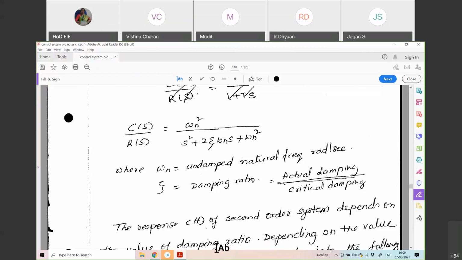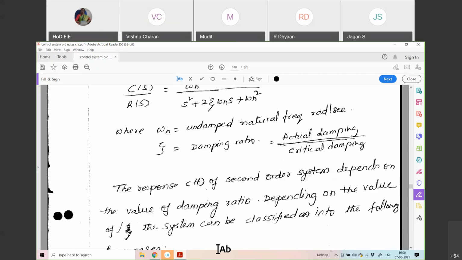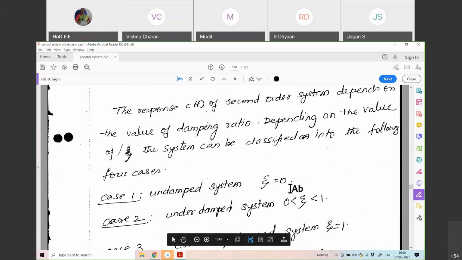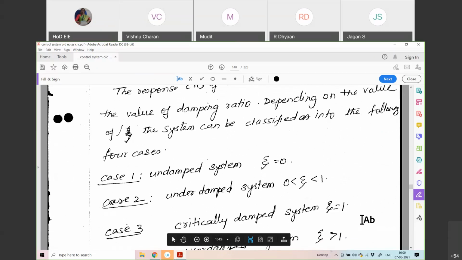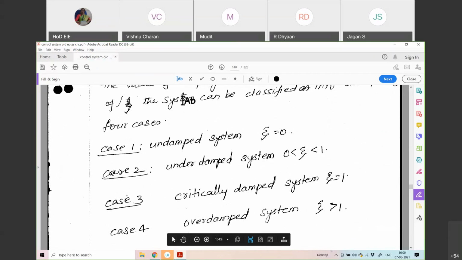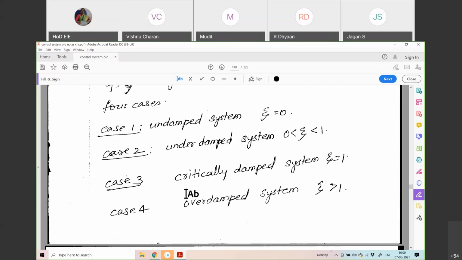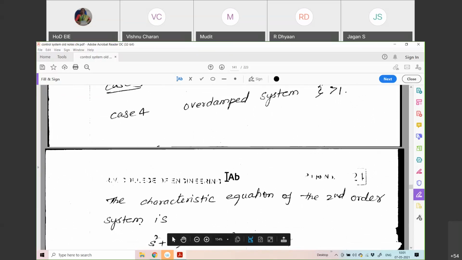It is an application of Laplace transform, inverse Laplace transform, and partial fractions. So do it and get the final C of t for each case ready with you. I want you to know the C of t for each of these cases for a second order system. That is the task I'm giving you for tomorrow and the day after. In the next class, I might ask you something about this in the quiz.